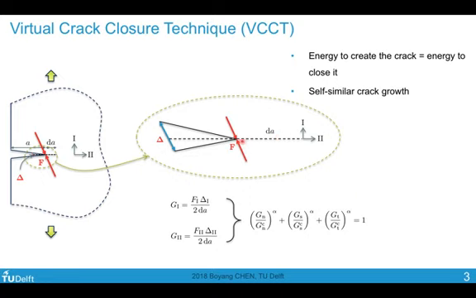Typically, dA would be the length of an element ahead of the crack tip, and so within this region you have elements of a similar length. This is a very popular approach when you know where the crack is going to propagate, and when you have a pre-crack existing in the model. So it's an alternative to cohesive element. It's more computationally efficient than cohesive element when used correctly, but it's more restrictive than cohesive element also.